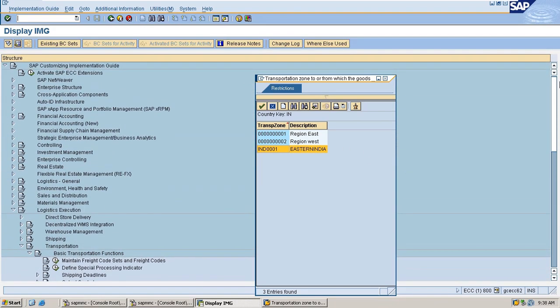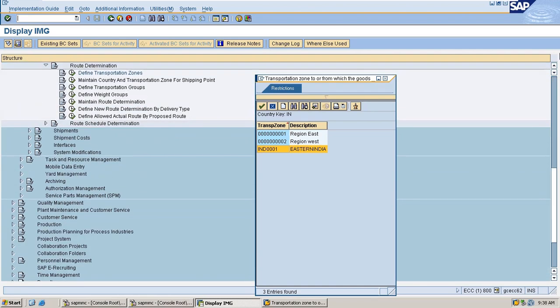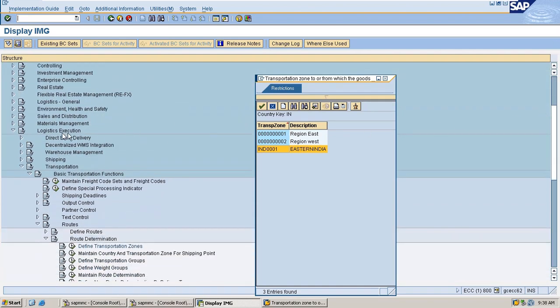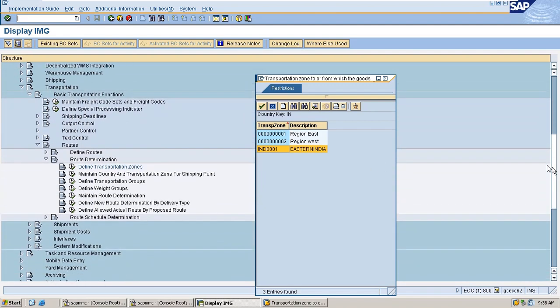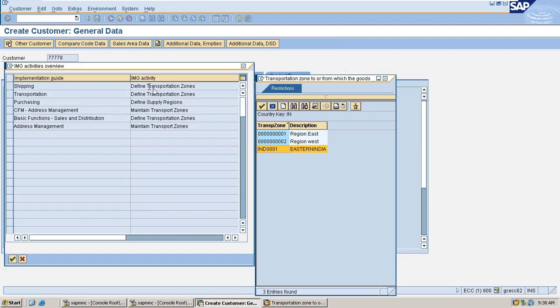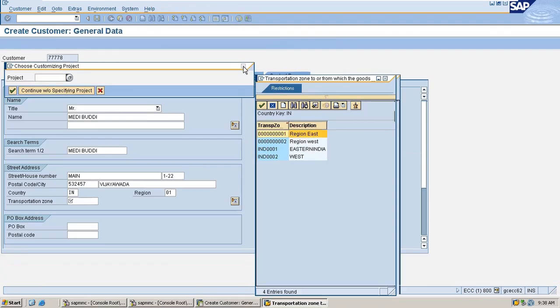You can go through the path here: in logistics execution, transportation, basic transportation functions, routes and define routes, route determination. Here, define transportation zones. So you can go through the path also to create the values.